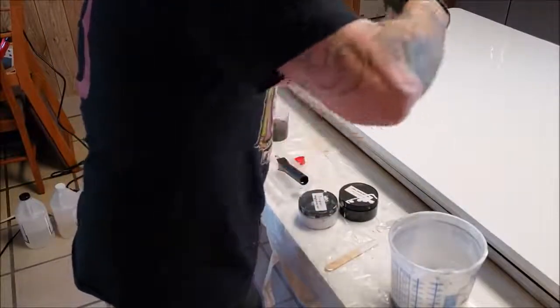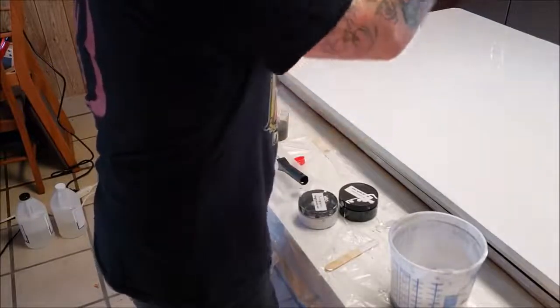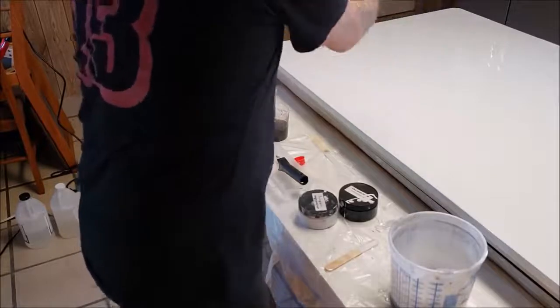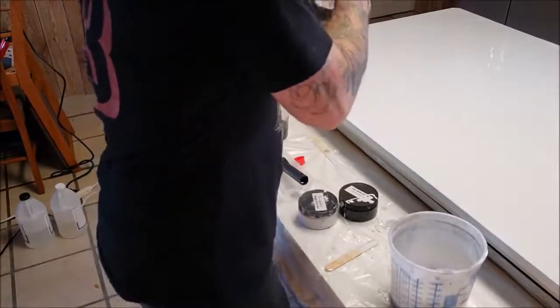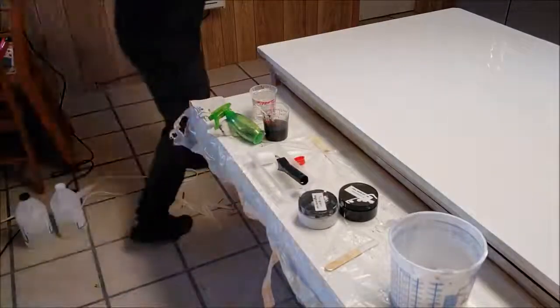Subtle. Very subtle, like it's underneath, because if you look at granite, you can see the layers and layers of it from the bottom to the top of the piece. So I'm just going to randomly,